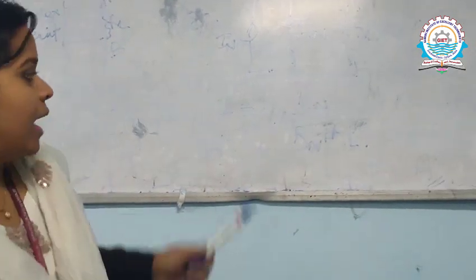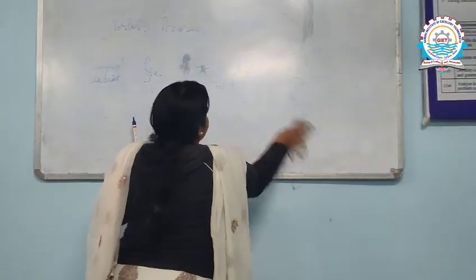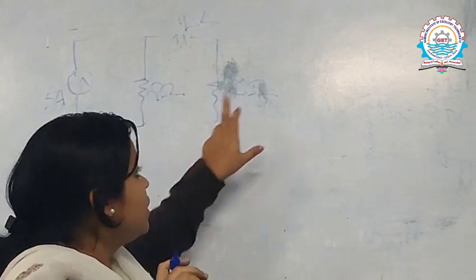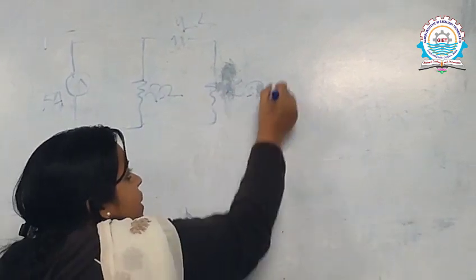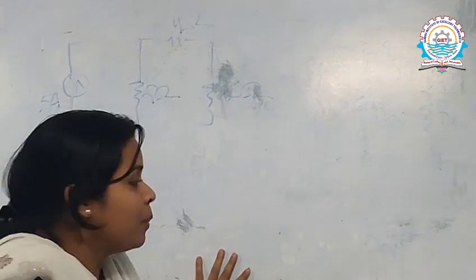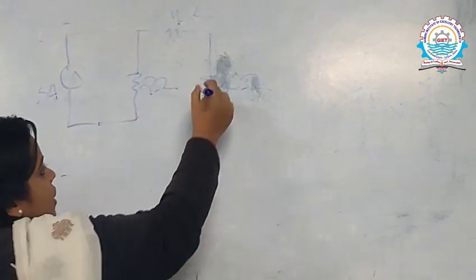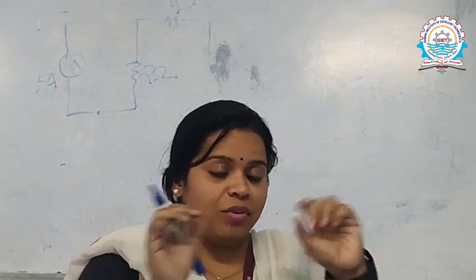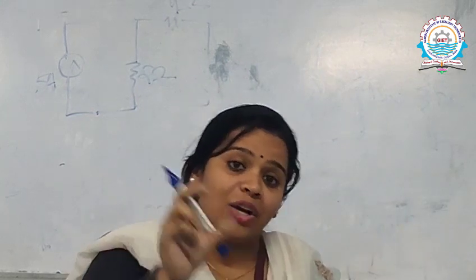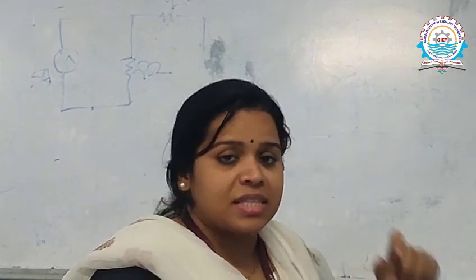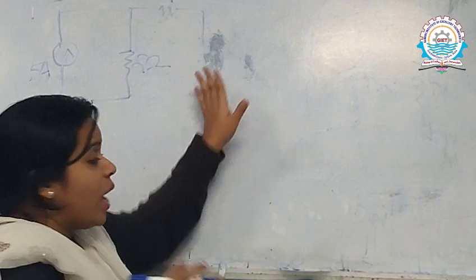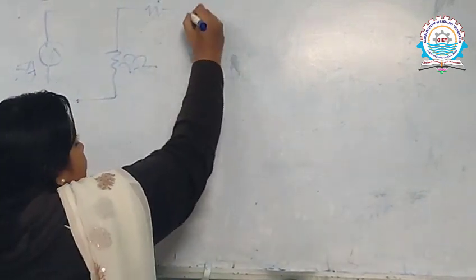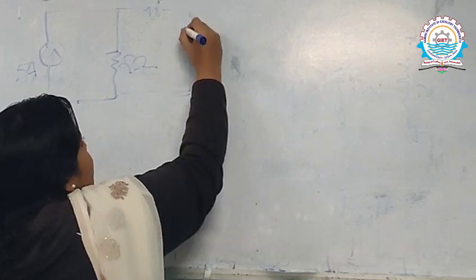Suppose, for example, I am just explaining how to find this Norton's. If we are going to find out the current for the 6 ohm resistor, that will be treated as the load resistance, that means RL. So how will we first go for this RL? What we were doing in Thevenin's, there we were removing the load terminals, and across that we were applying an open circuit, that is VTH. But here, after recognizing the RL part, we are going to short circuit that branch, and across this the IN current is going to flow.